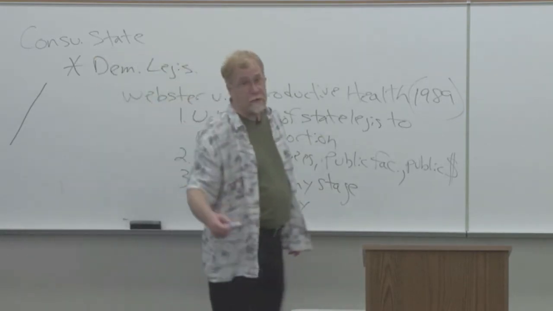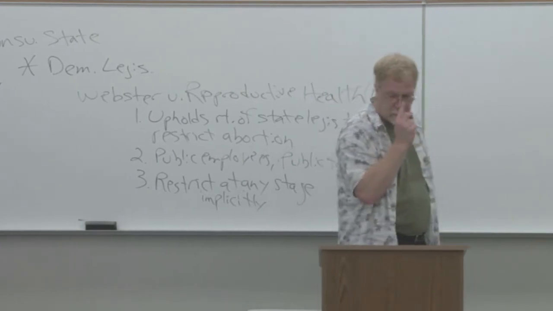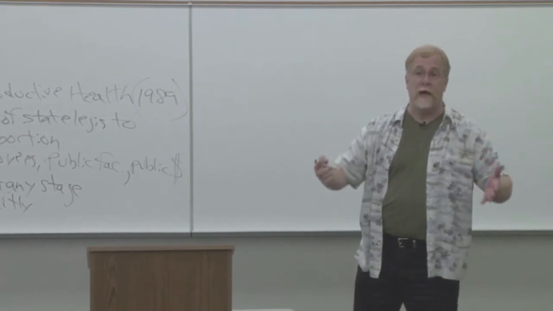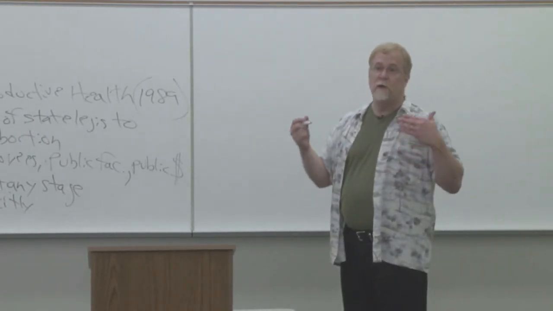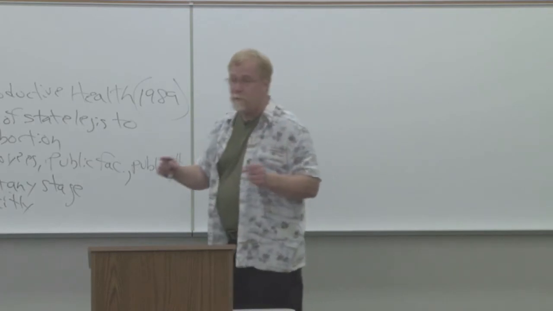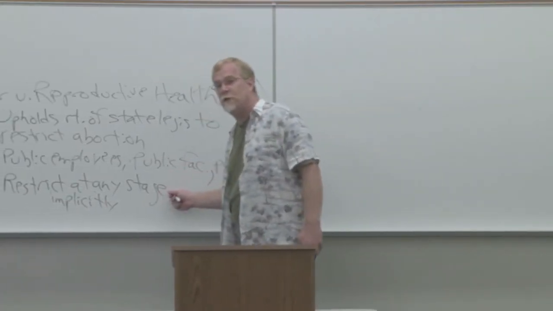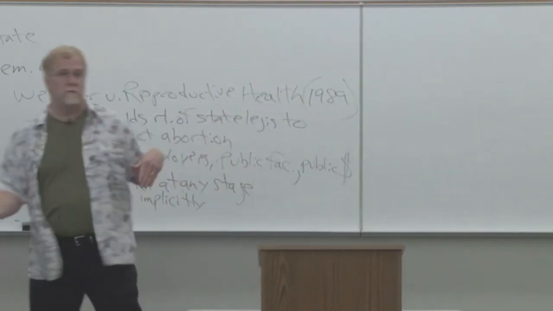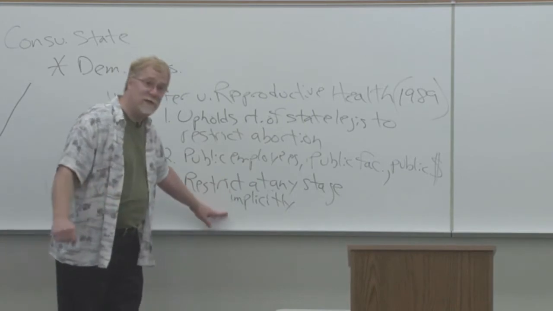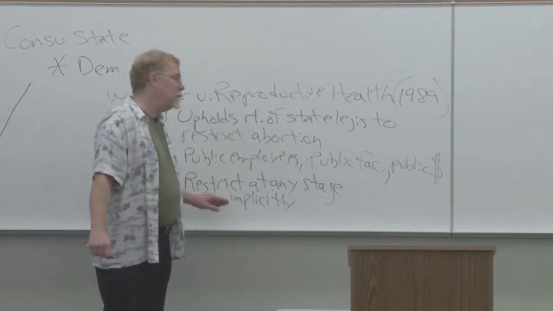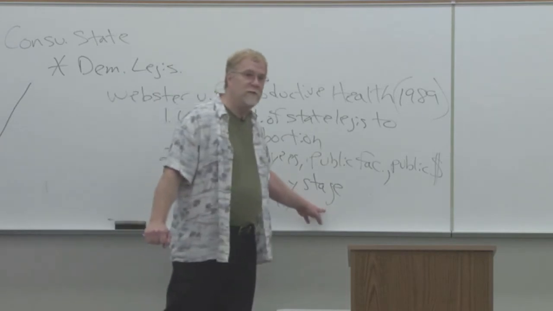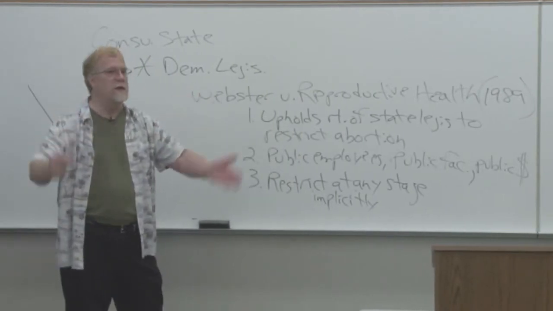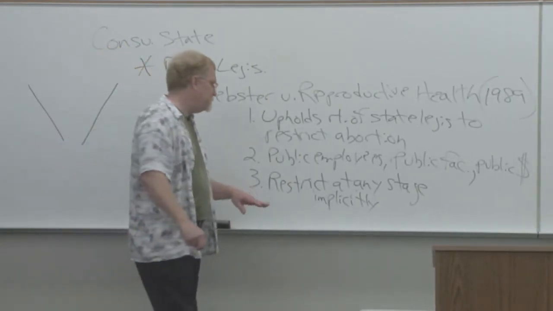That comes in a later case, Casey versus Reproductive Health in 1992. Casey versus Reproductive Health, 1992, throws out the trimester formula established in Roe versus Wade. It does so because of the precedent set here in Missouri. The Casey case was a Pennsylvania case, but Missouri sets the bar with Webster versus Reproductive Health. The Supreme Court implicitly discards the trimester formula here, only to formally discard it a few years later in 1992 in Casey. Now, I'm not writing Casey on the board. It's a Pennsylvania case. If this was Pennsylvania state politics, we'd put Casey versus Reproductive Health up there.